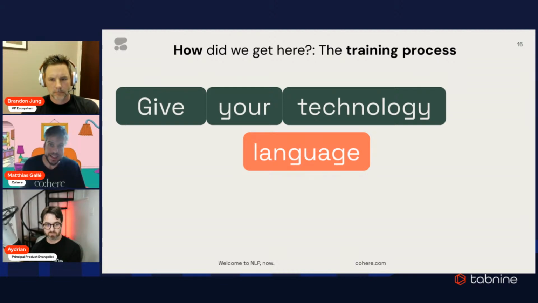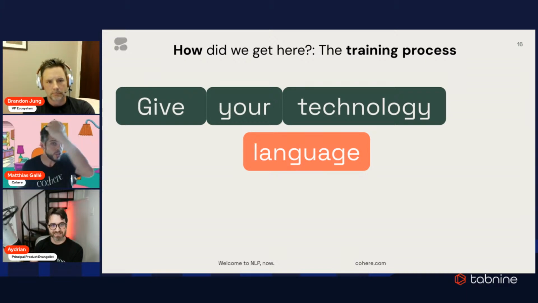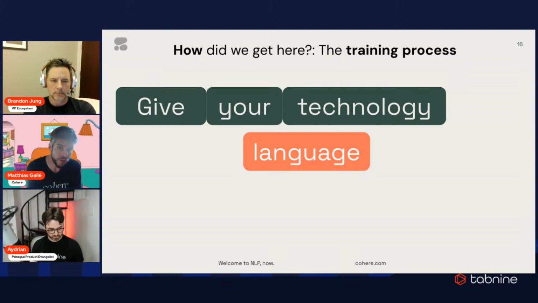Because the amount of data is a limit on how good the model becomes, all these companies, Cohere included, are super data hungry. So the more data we can get, the better we know our model is. So we go and scrape Wikipedia, and we're happy with it. And we start scraping more and more. But at some moment, we start hitting data which we shouldn't be using because it's actually copyrighted. And today, there was yet another article about problems that some websites have with the scraping robots of our competitors, because they go and scrape all this data, even if the robots.txt doesn't allow them. And so we try to be super careful about this, again, because it's one of our guiding principles. We really want to care about the final user.